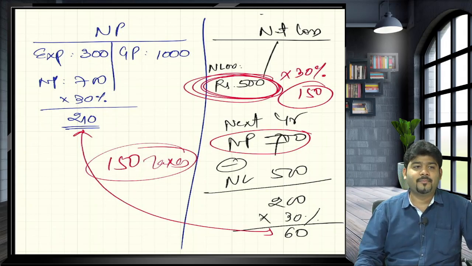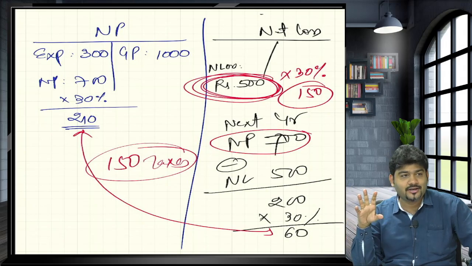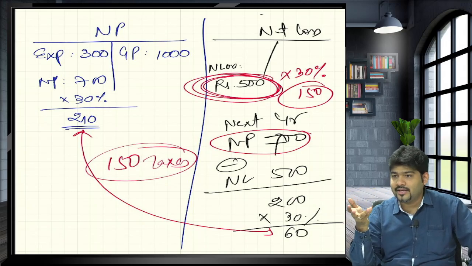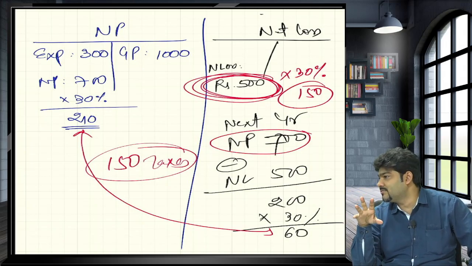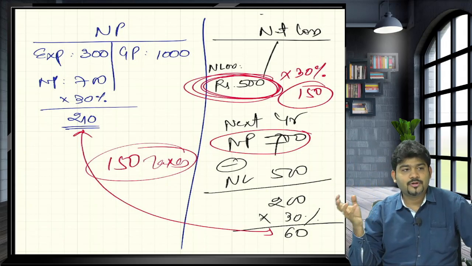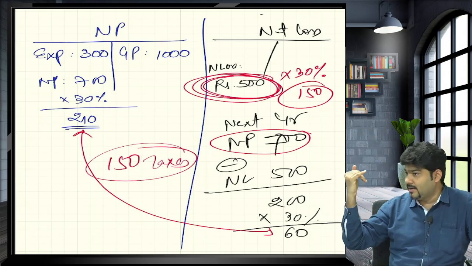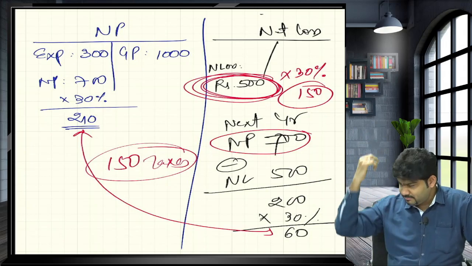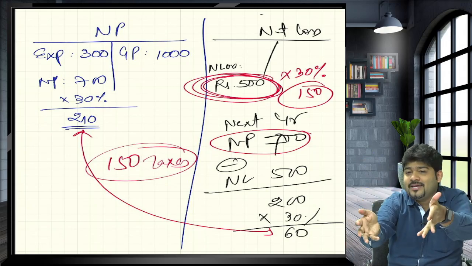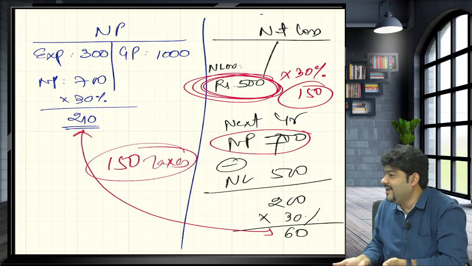Arey Baba, in short, when you are making a loss, you are saving on taxation. Yes or no? Yes, definitely. See, whatever expense you are incurring, suppose I incur 10,000 rupees for an expenditure, indirectly I am incurring only 7,000 rupees, because of that expenditure my net profit will go down by that amount. So my net profit goes down by that amount, and that much less tax I have to pay, no? So any expenditure that I am incurring, 30% I am saving. In the same way, if any loss I am incurring, 30% I am saving.